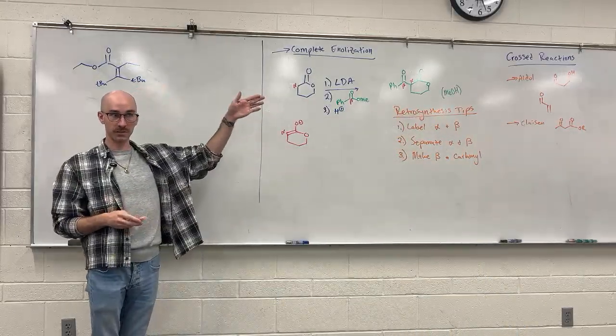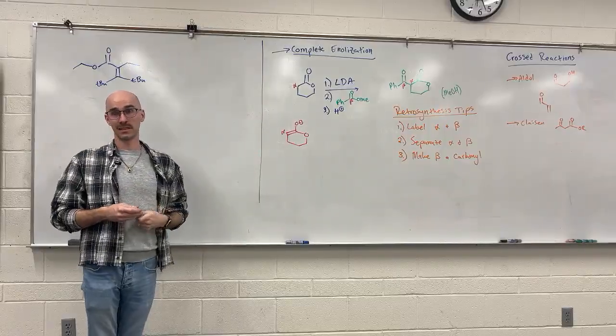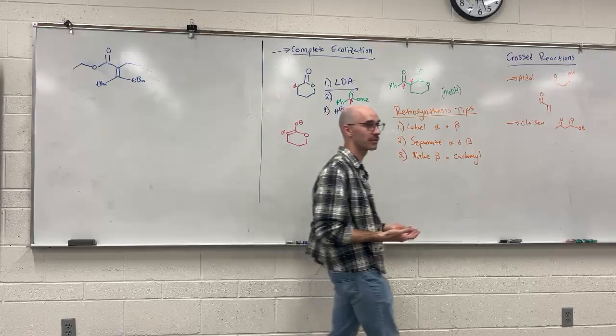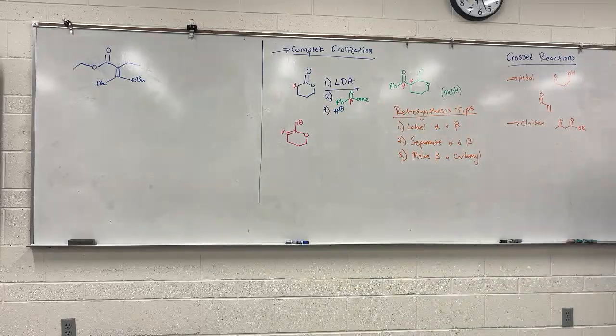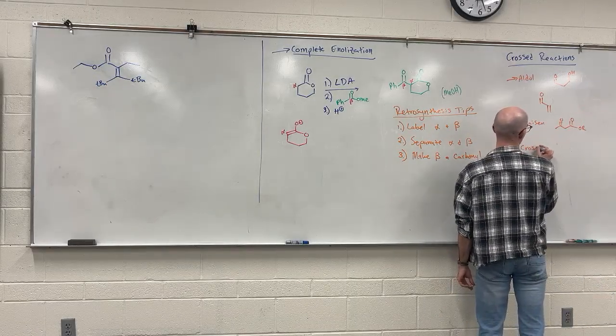Aldol, we said, was exclusive to aldehydes and ketones. Claisen, we said, was exclusive to esters. But why can I not introduce an ester and an aldehyde, or a ketone and an ester? And so the big umbrella of crossed